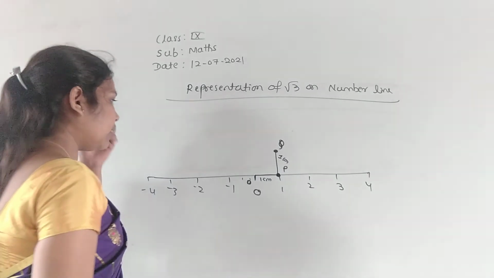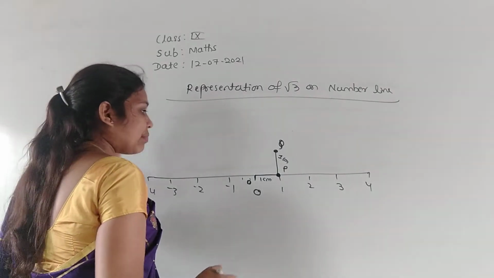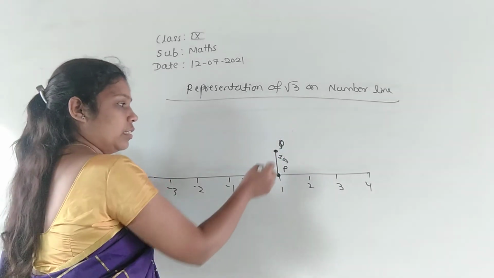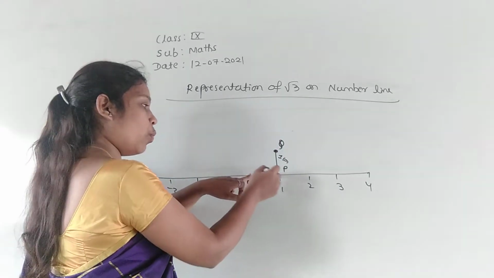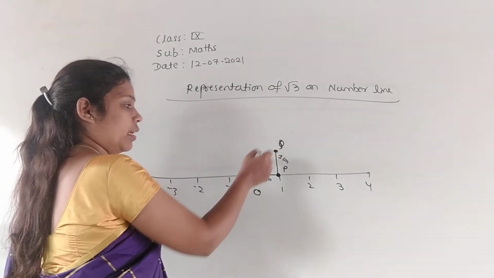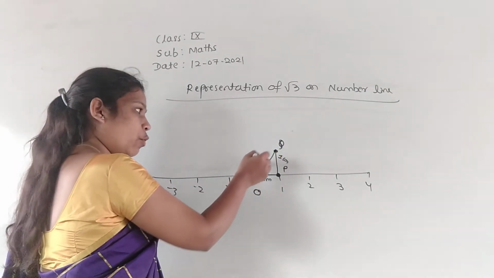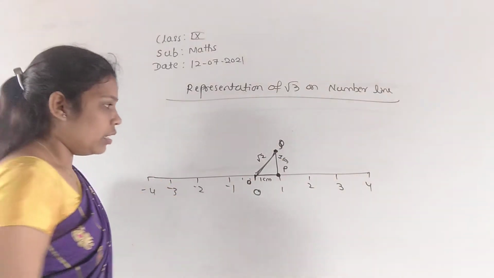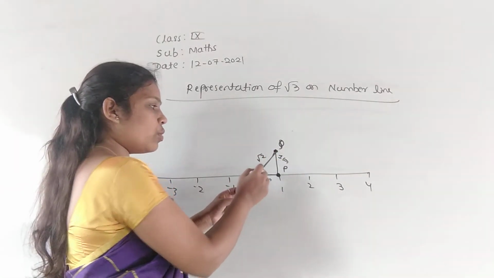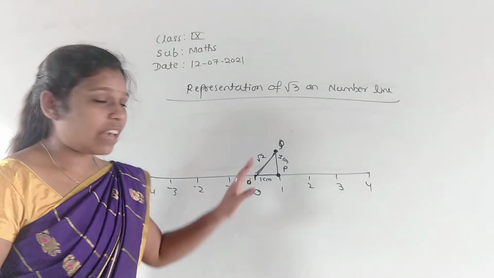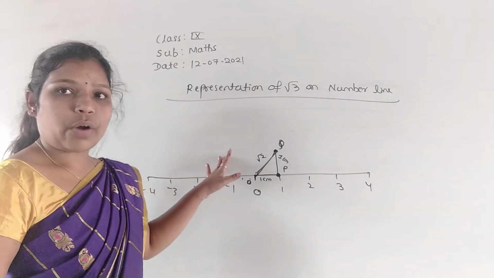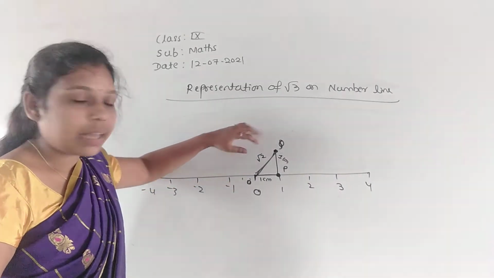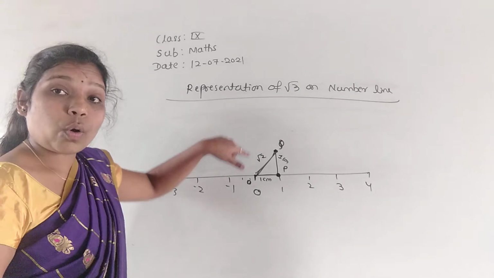And after that, again take 1 centimeter distance. See here, this is 1 centimeter and this is 1 centimeter. Now join the same OQ. What you did for root 2, that only you have to do here first. Join this OQ, same. Up to root 2, everything is same. You have to do similarly like root 2, first up to this step. So now I am joining the OQ distance.